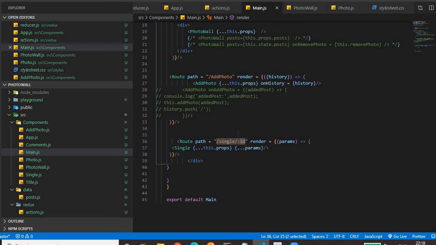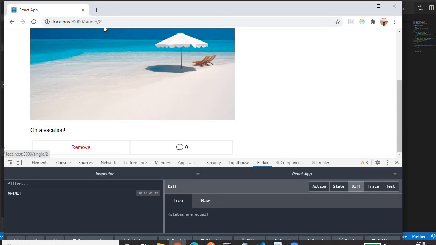Then when this route is activated, we render the single component, in which we provide the props that we have received from the store along with the params. As parameterized routing, the render function has a params argument. The params argument contains this ID, which is used for retrieving the ID in the URL.